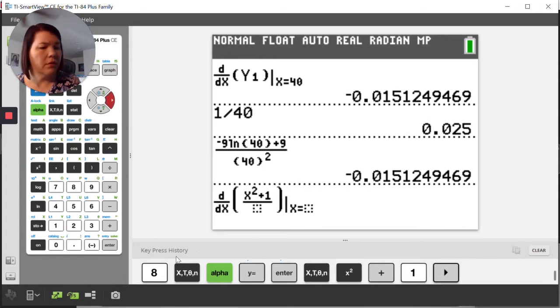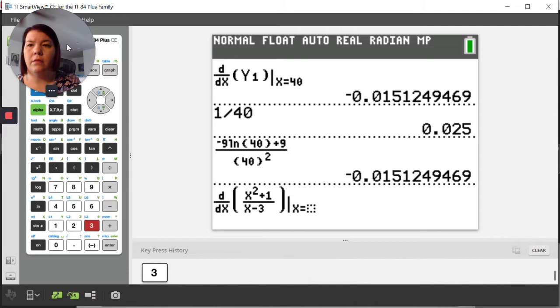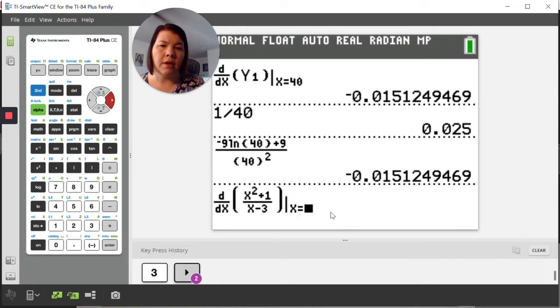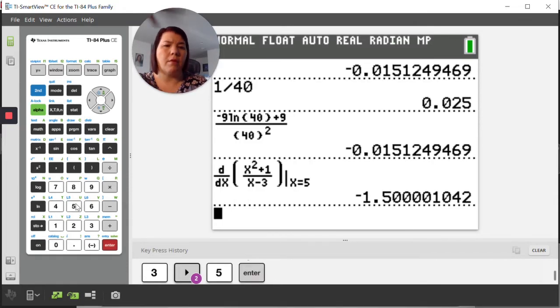Over x minus 3. Okay, and I'm going to take that derivative when x is 5. And so remember, I got negative 1.5. Okay, and again, we've got that little bit of error that comes in with the calculator sometimes. So same answer, and I feel pretty comfortable. Good. So I've checked. All right, getting back to